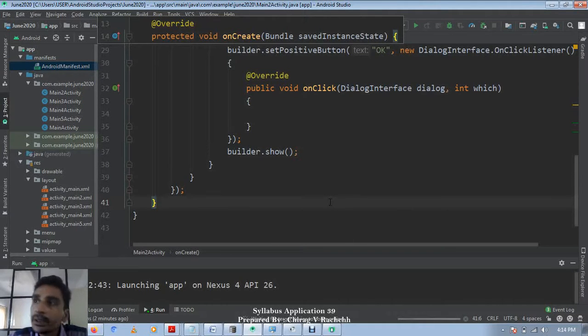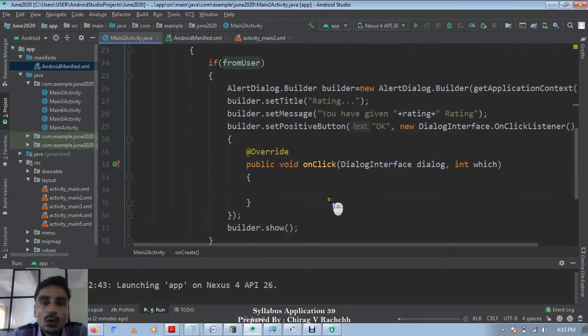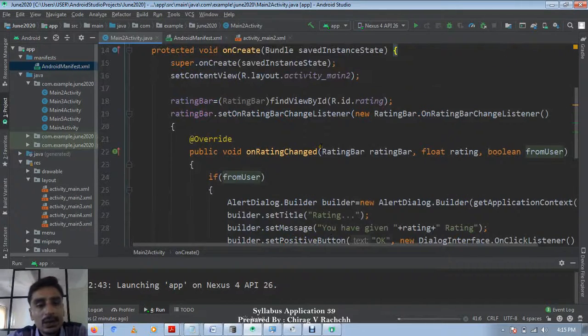We can do one thing. We can make this activity class itself a handler, and we can override the method onRatingChanged.